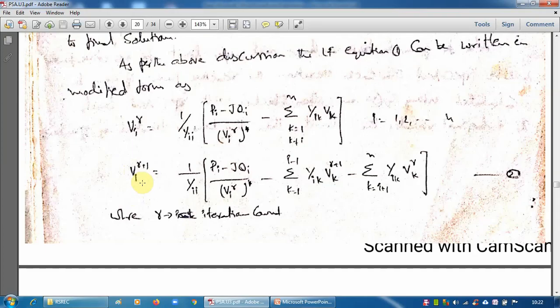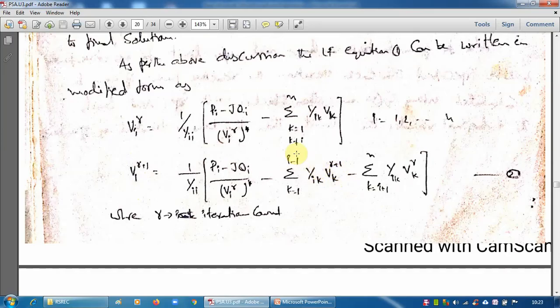Remaining are old values, that is V6 of 0, V7 of 0, and so on. That already told so many times. Based on that, this equation is written like this. You see here Vi of R plus 1. We are calculating ith voltage, and we are in R plus 1th iteration. If that is the case, we can substitute fresh values, that means R plus 1, same iteration values, up to what? I minus 1.